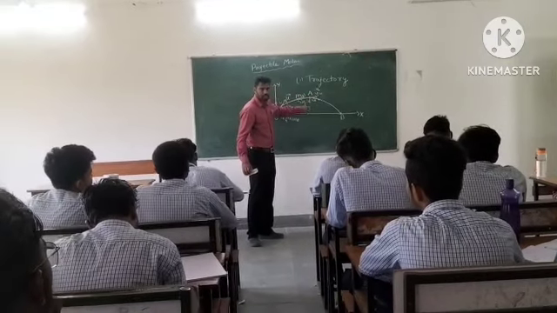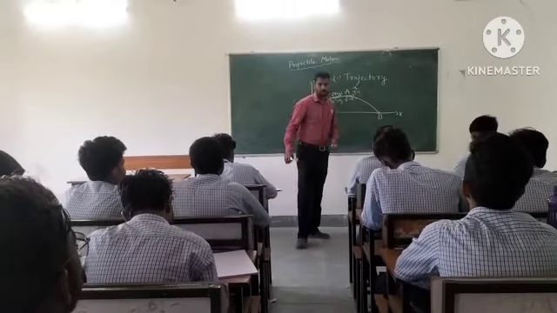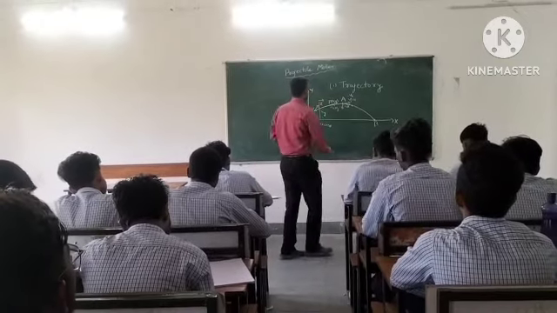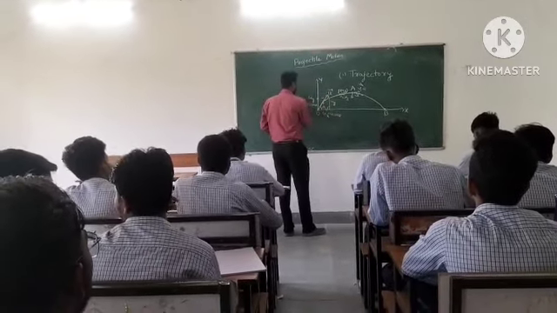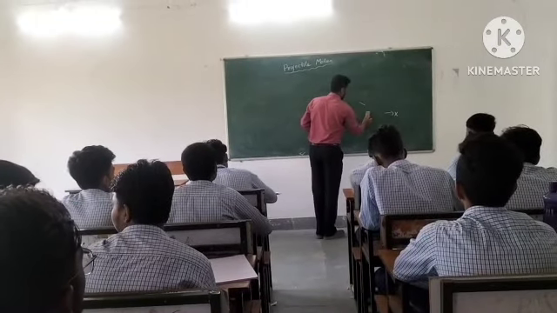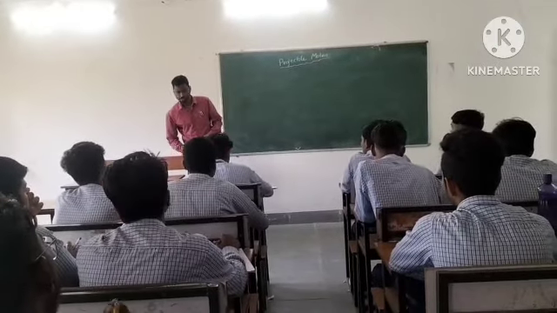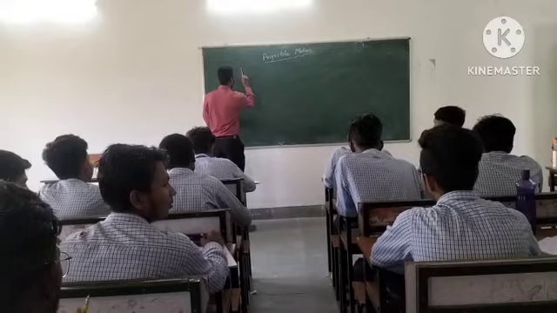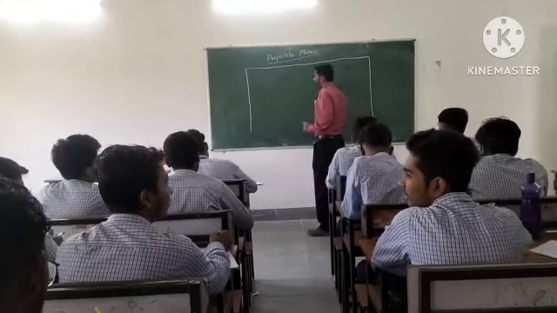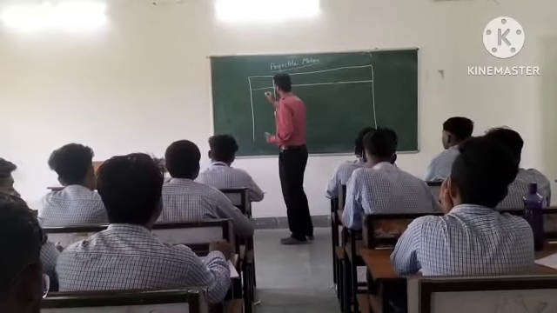Maximum height means from the ground, this is the maximum height. B is the point where it reaches the ground again. So this diagram we have to remember, and for our understanding we will represent this data in tabular form so that we will understand what happens. So what are the parameters? First parameter is